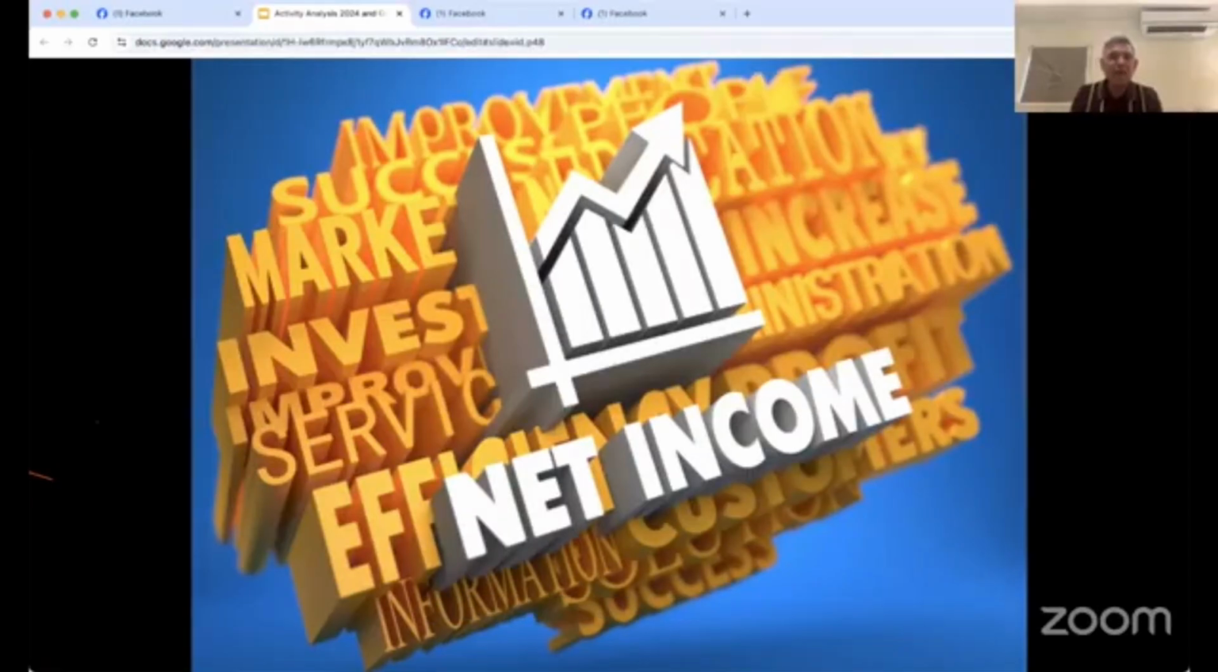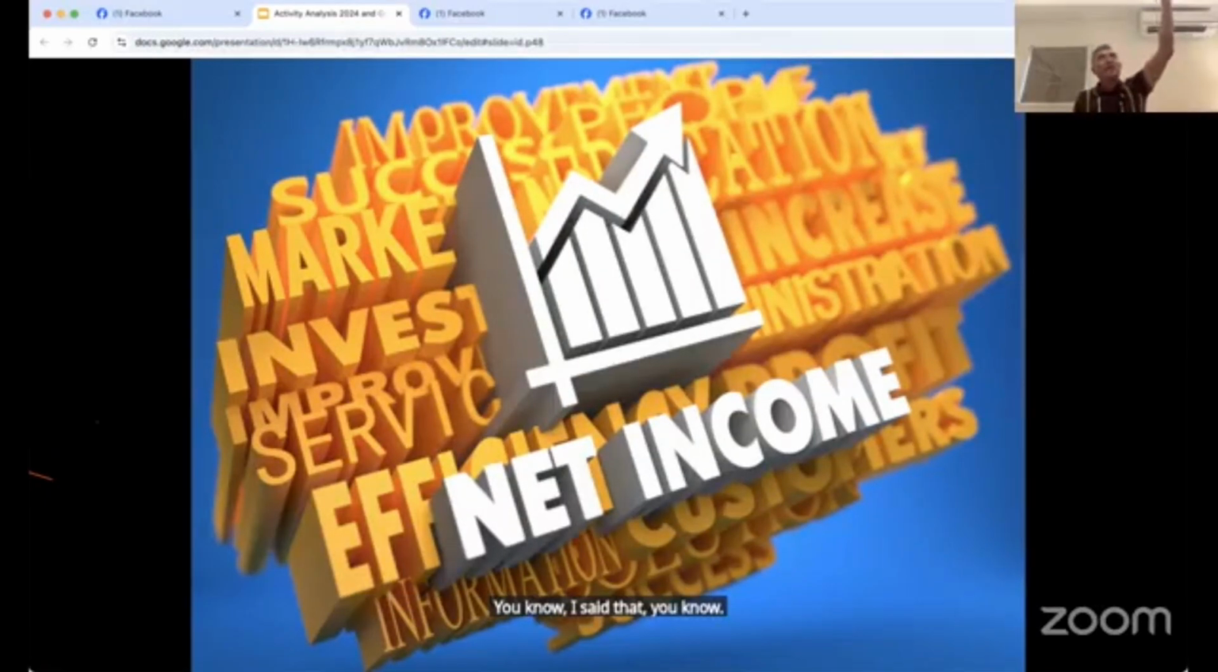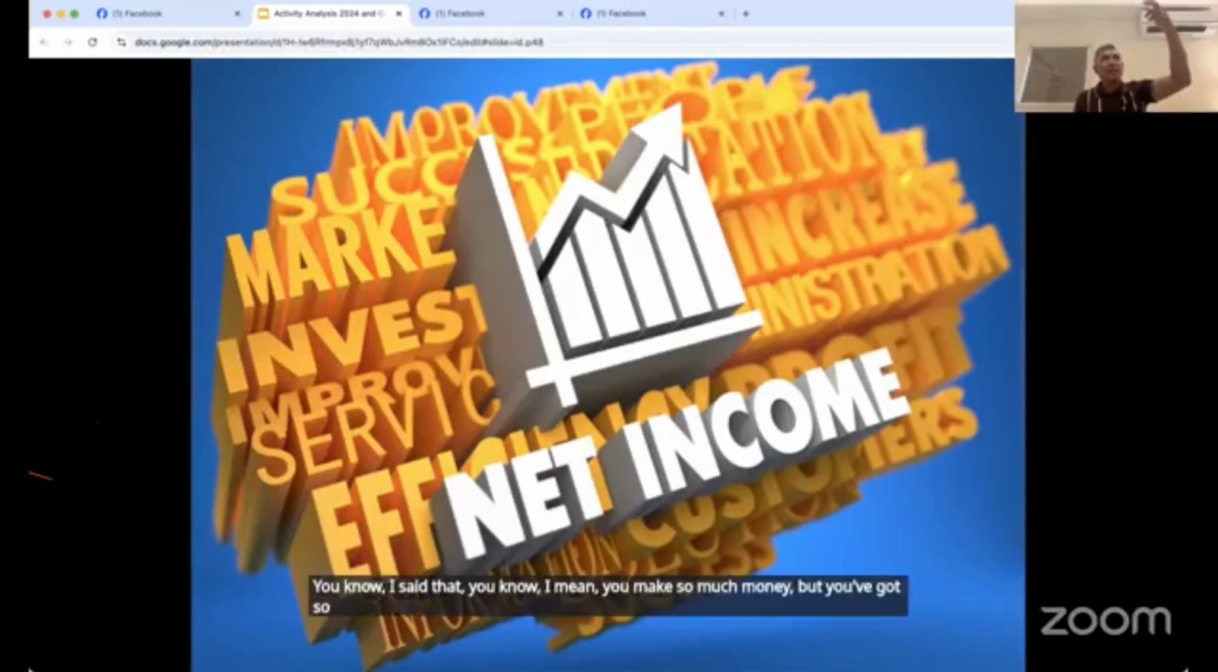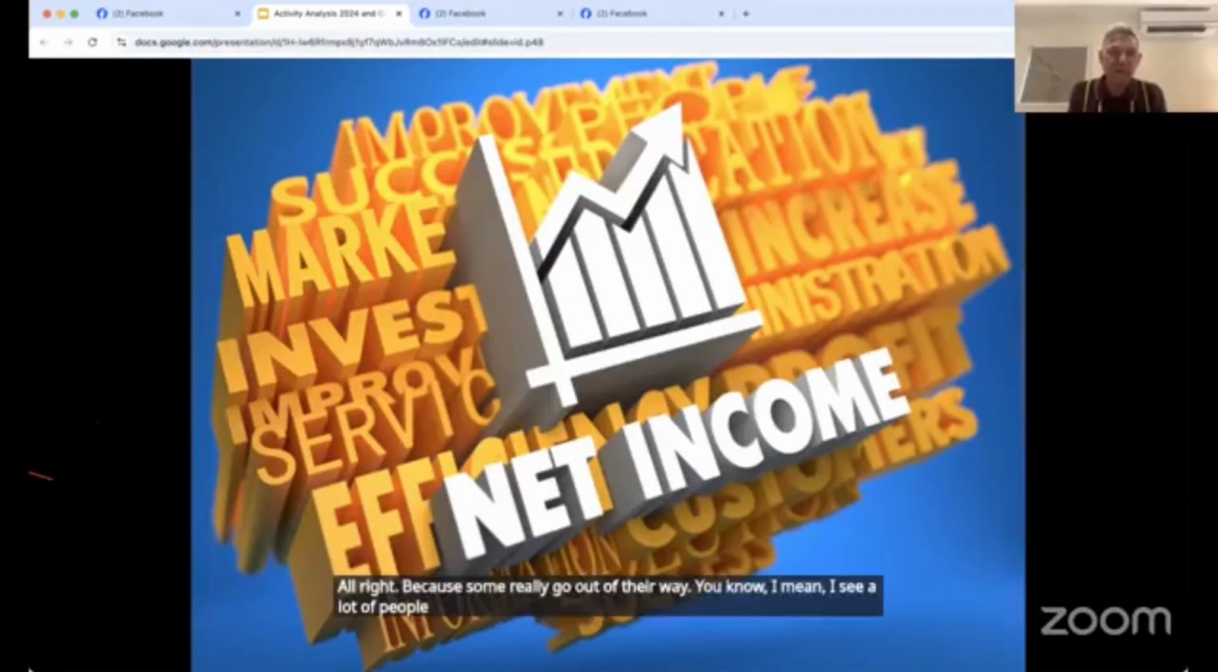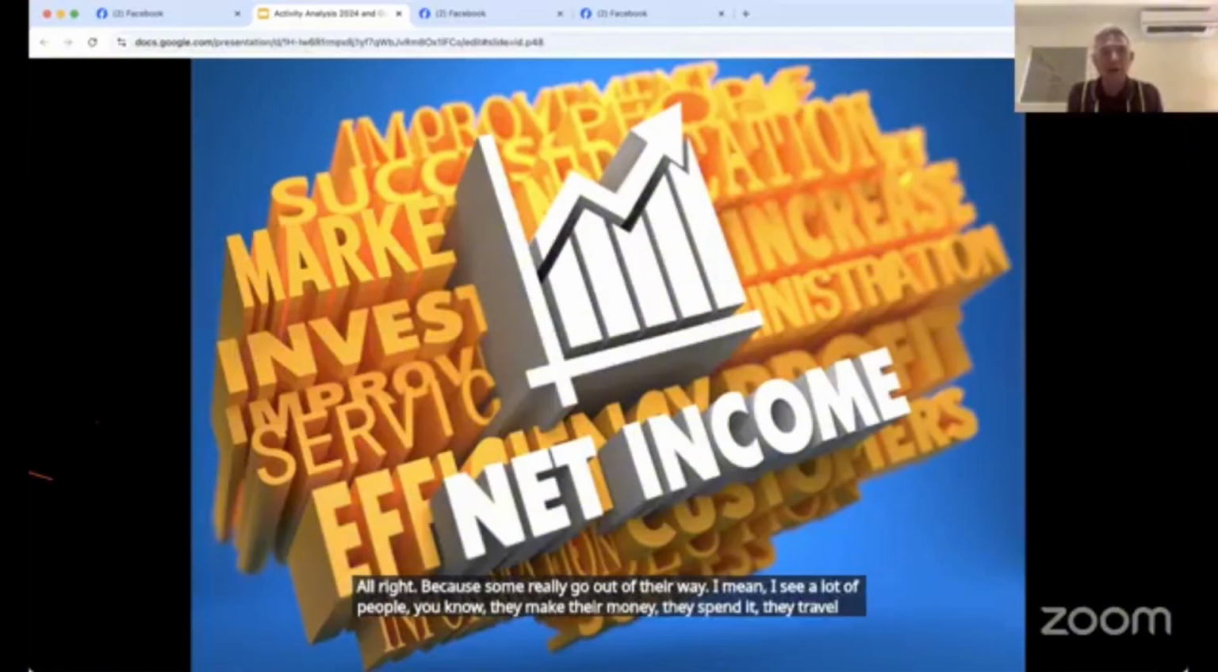What was your net income? You make so much money, but you have so many expenses, and after your expenses, that's your net income. Boom, that's the bottom line. My mom would always tell me, it's not what you make, it's what you keep. Some really go out of their way. I see a lot of people who make their money, spend it, travel, buy a new car. Gosh,